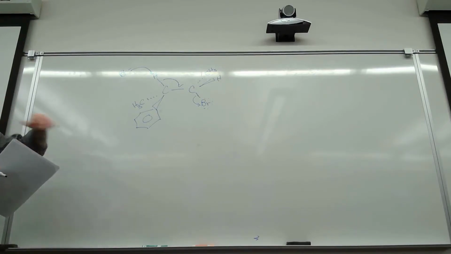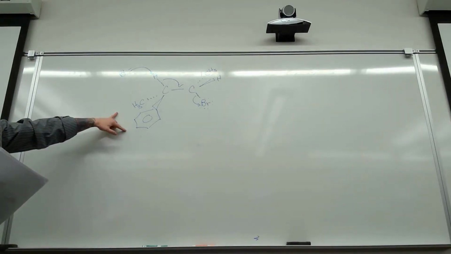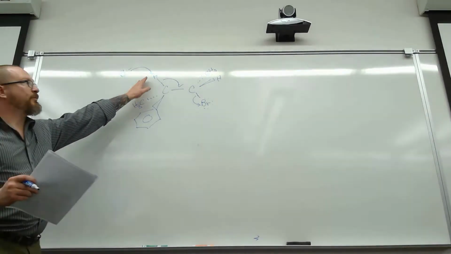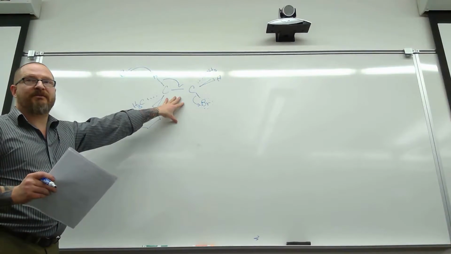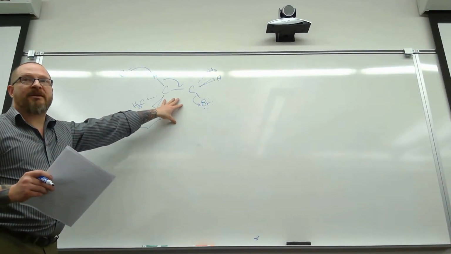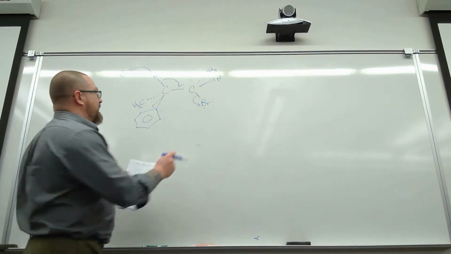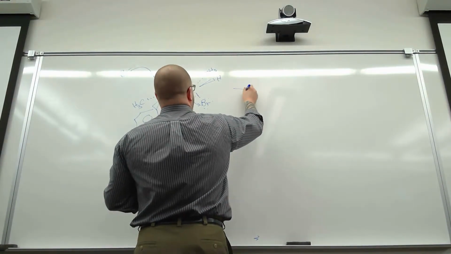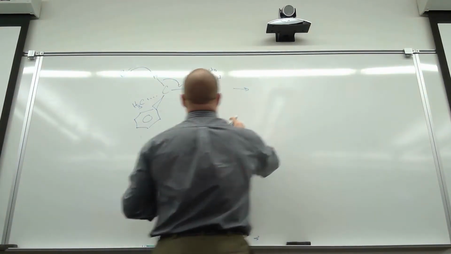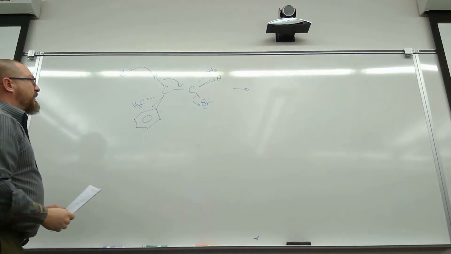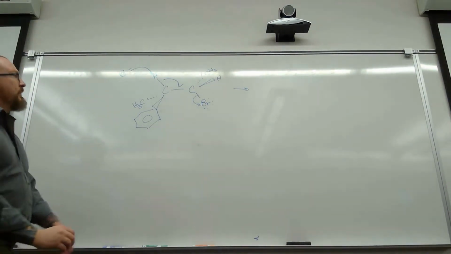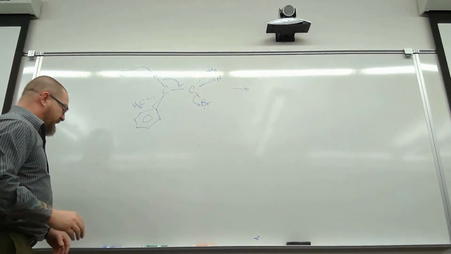Now, there's no other proton here. So there's only one possible way this reaction can take place. It's with this specific conformation. And because we can only use this specific conformation, there's only one way we can get a product. And if you're trying to draw this around a double bond,